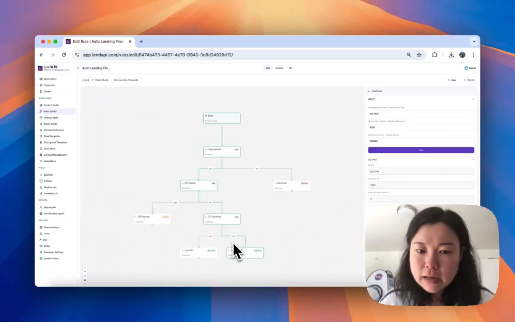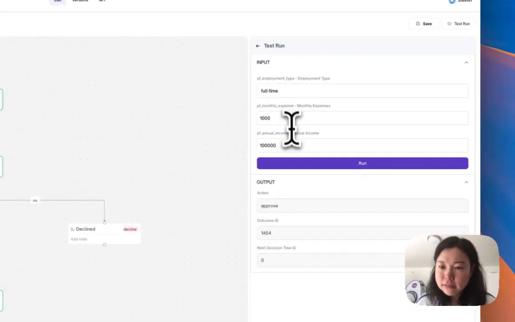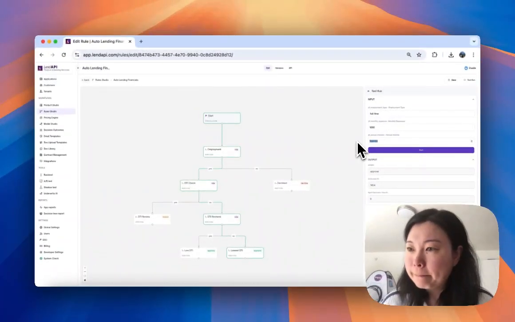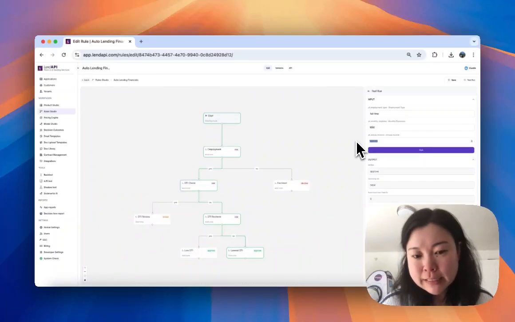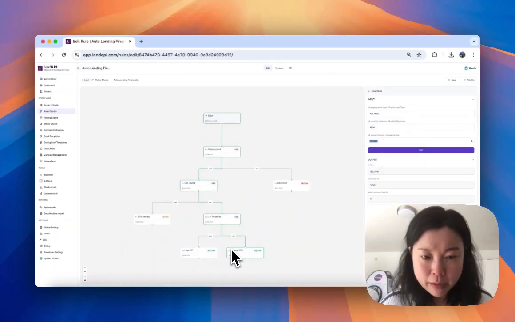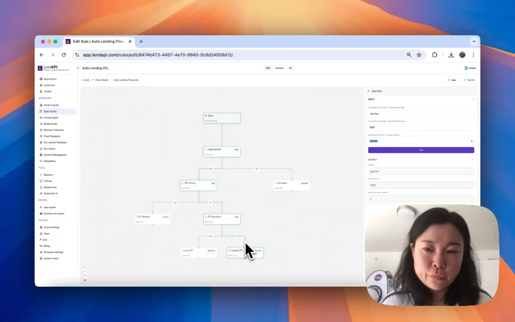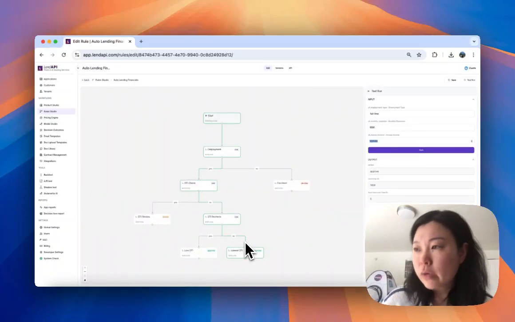So you'll see here the calculated debt-to-income ratio for this particular user with a monthly expense of $1,000 and an annual income of $100,000 is actually very low. It's roughly about 10% DTI, which means that they qualify, by my logic, at the lowest DTI rate. It means that when we do pre-qualify them for this product, they'll probably get a lower interest rate or a